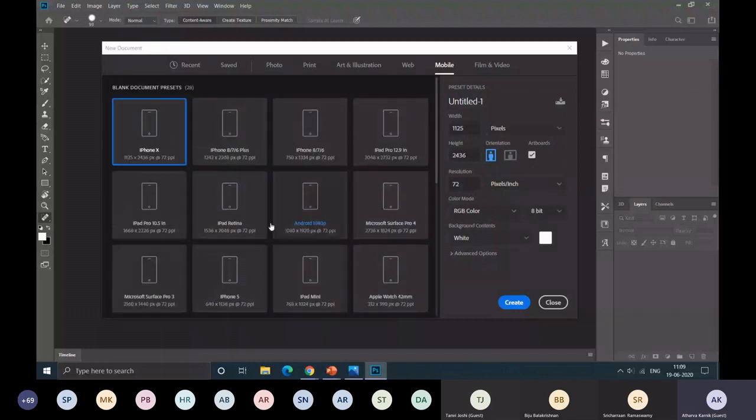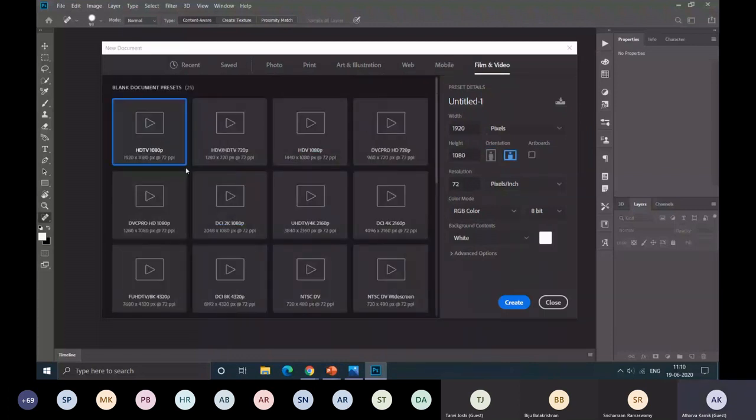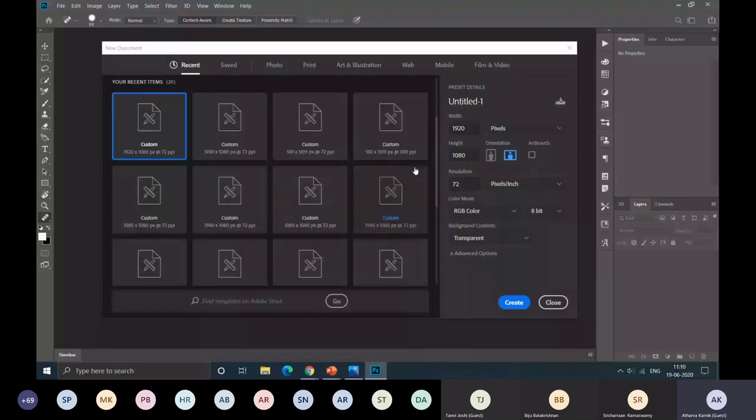Next are the mobile presets. Adobe has given various mobile presets for iPad, iPhone 8, 7, 6 Plus, the Apple Watch, and all these. The last one is film and video, which is mostly used for film and video purposes, like while editing in Adobe Premiere Pro, the software which is used for video editing. So getting back to our previous tab, here on the right side, you can see the specification tab for your canvas. Here you can specify the name of your canvas. Let's name it New Canvas. Here there is a button given by Adobe Photoshop to save your preset details.